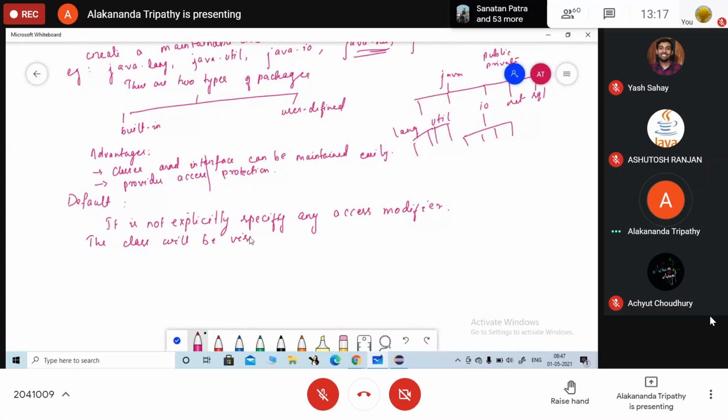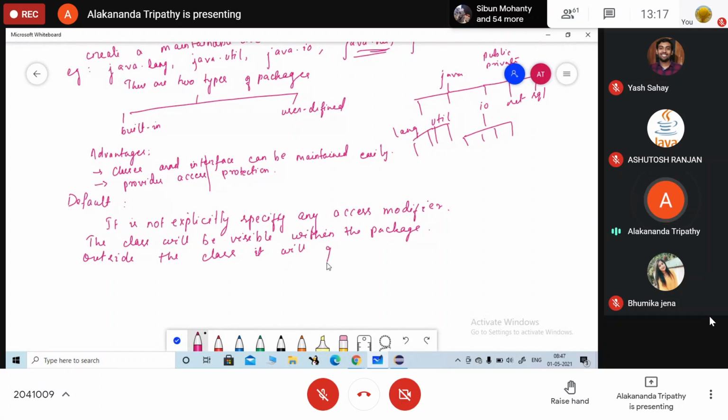The class will be visible within the package. Outside the package, it will give a compilation error.